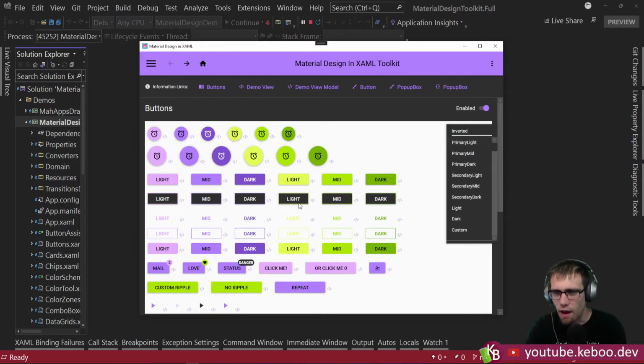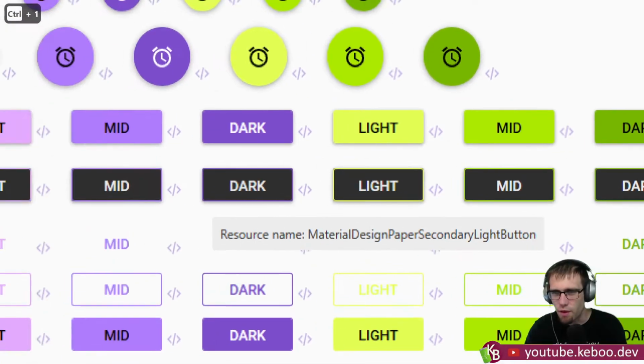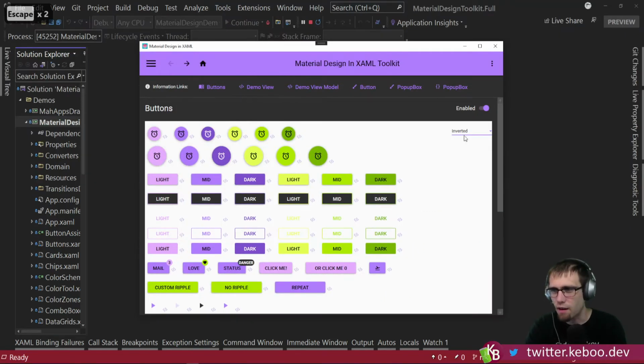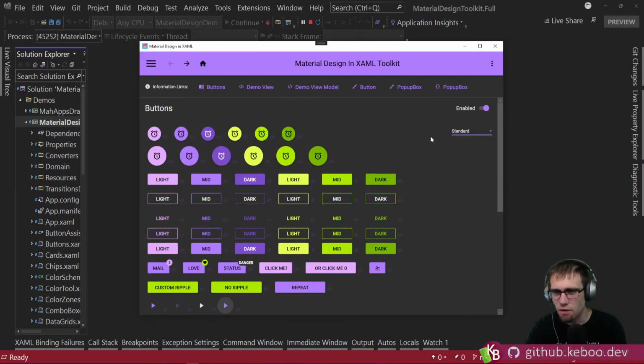Oh, I like this. I like these buttons. Oh, I like this, the little outline around it. Oh, I like that. So, standard. This is standard because by default, this is going to follow my system theme, and my system is in